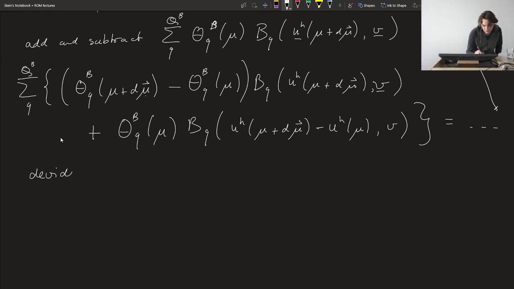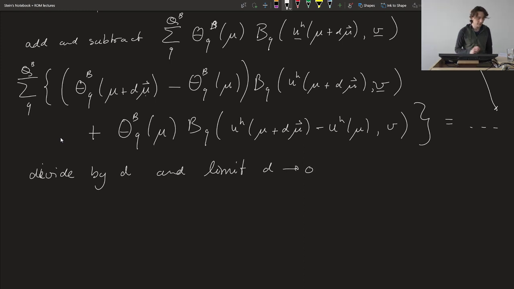Oh, no, that was a typo. Divide by d and take the limit from d goes to 0. And then I end up getting a pretty nice expression already. Again, I have the sum over all those components. This guy becomes the derivative of the theta function in the direction, so this is the directional derivative in the direction of mu hat, multiplied by b q of